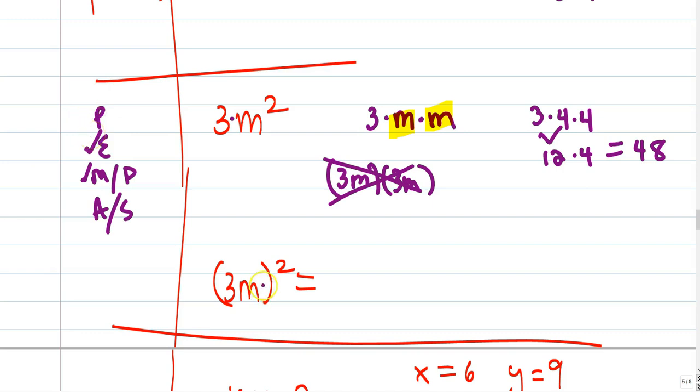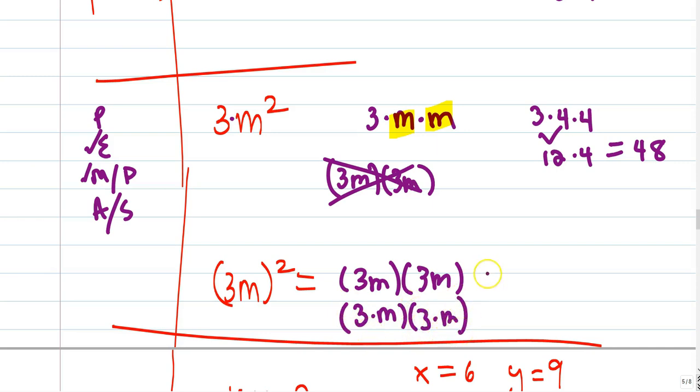So now what's being squared is not just the m, not just the 3, but the group. The group is actually the base in this situation. So the group is the base multiplying by itself twice. And then if I evaluate it when m is 4, this would become 3m, which means the same thing as 3 times m, so 3 times 4, 3 times 4. You should probably know our order of operations here. So we are going to handle the inside of the parentheses first and get 12 times 12, or